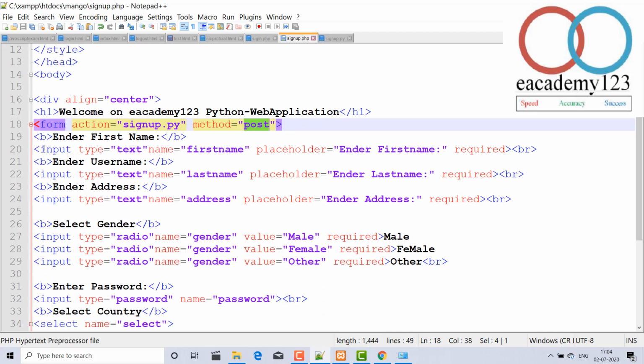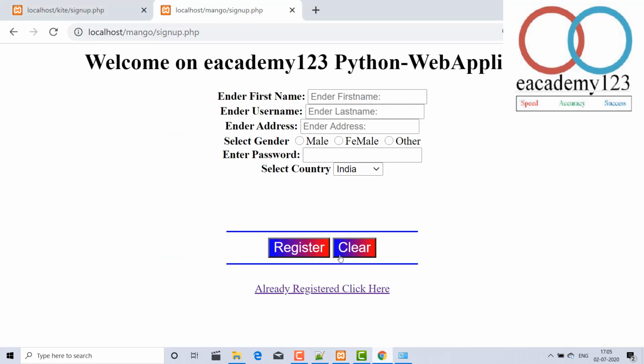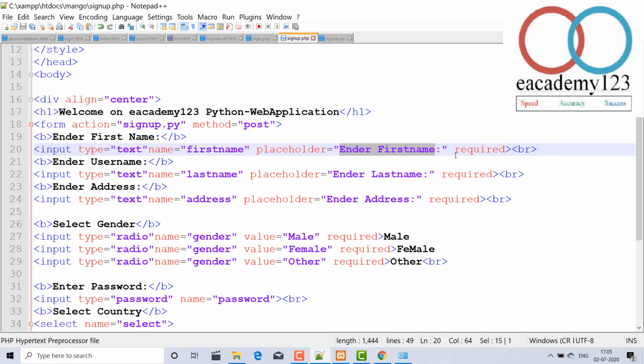Let's go down. Yes, that is the B tag, and it does mean enter the first name, it will appear bold. Everyone knows that it is simple, no need to tell anything. Input, here the input type is text, and first name placeholder. It does mean it will appear like that input. Yes, and I made it required.